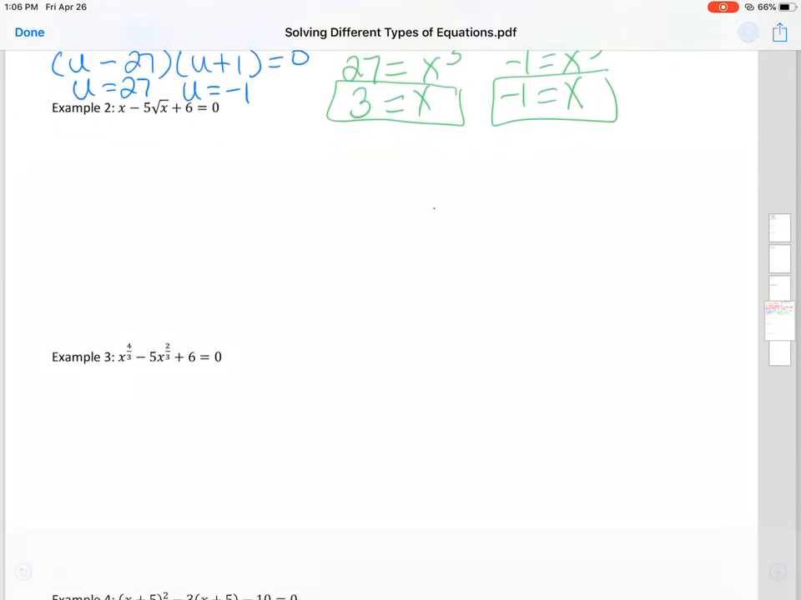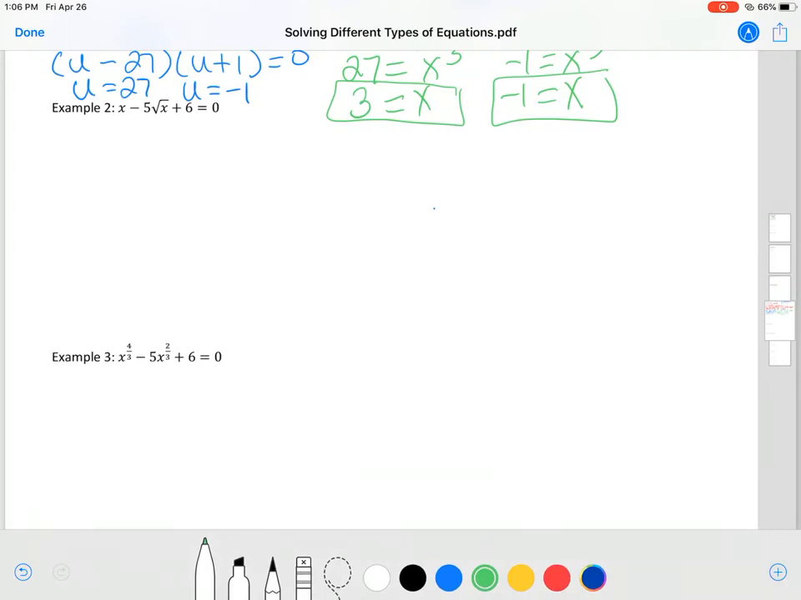Okay, second example. Same thing. This is in quadratic form because if you notice, I have 3 terms. The last one is a constant. And then this one here is double this, right? X to the first is double the square root of x. Because remember,